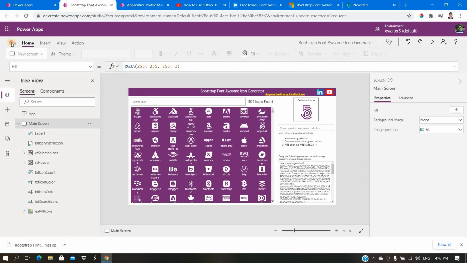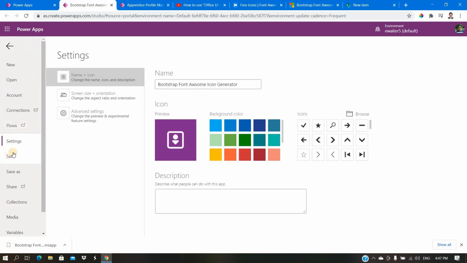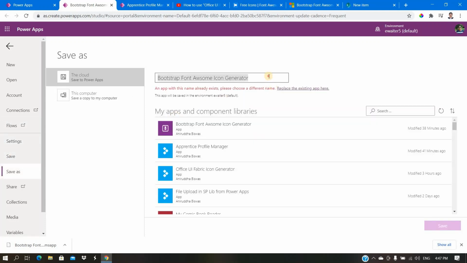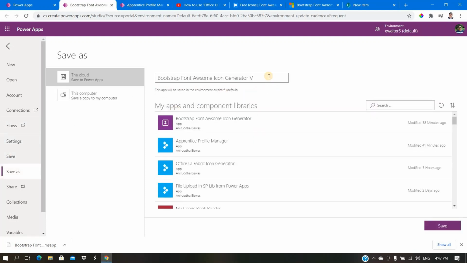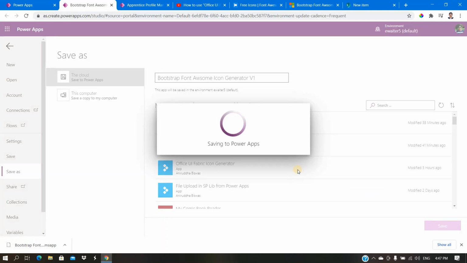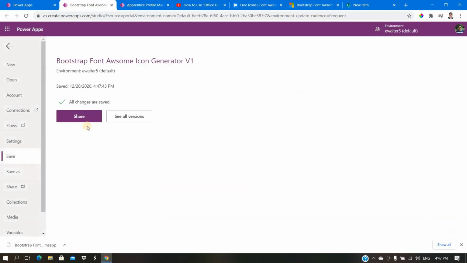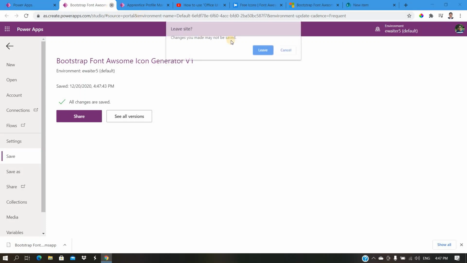Don't do anything here, just select this and go to save. I already have the same name, so I will take v1 and save it. When I save, I will close this.